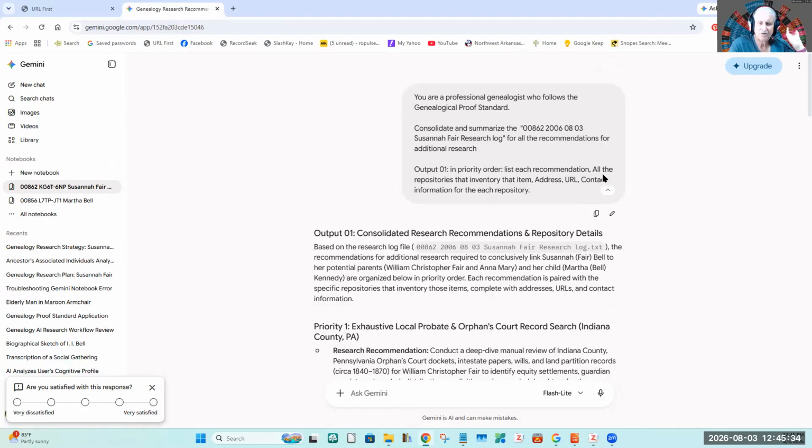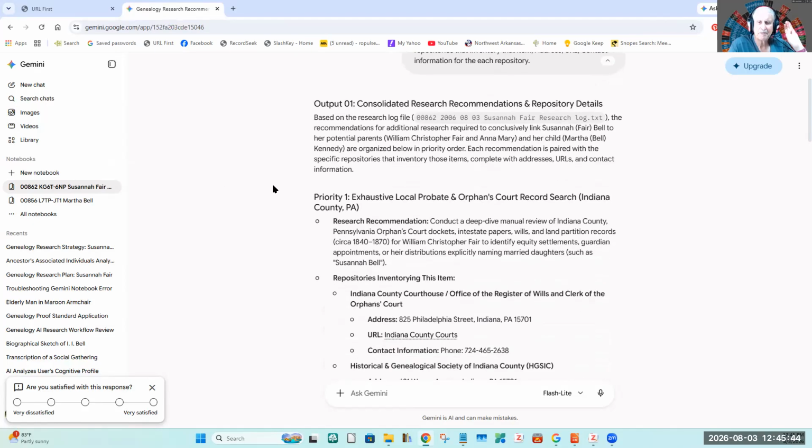Output in priority order each of the recommendations, all repositories that inventory that item, address, URL, contact information for each repository. It's based on this research file, which I just showed you how I built. Recommendations for additional research required to exclusively link Susanna Bell to her parents and to her children.